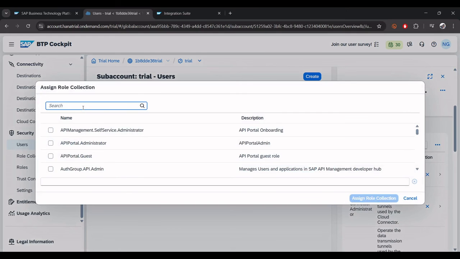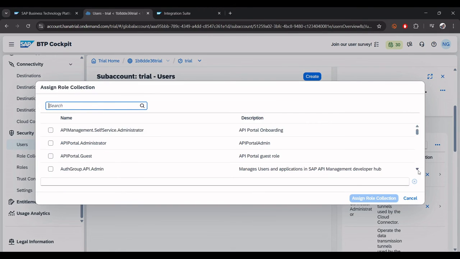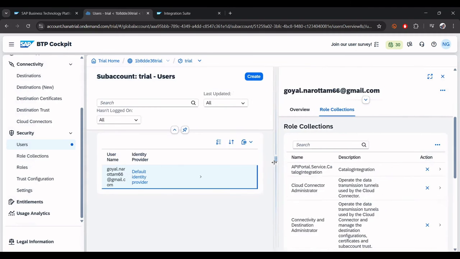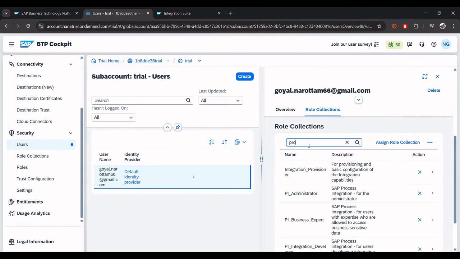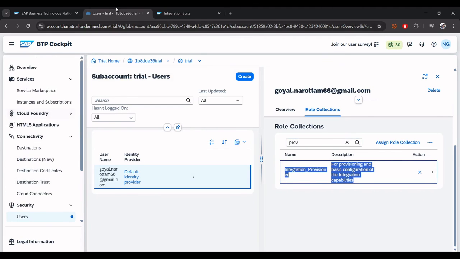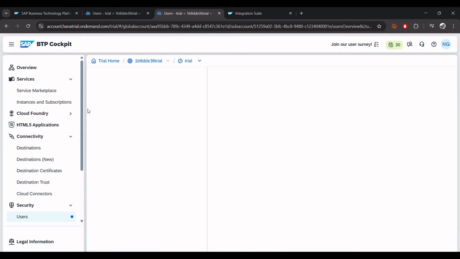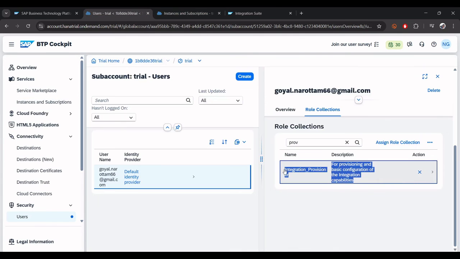Here you will be seeing something called provisioning. I think it's already there, that's why we need not click here. Actually, let me show you here. So this is the role you will be adding, and then you need to create this integration suite. Maybe let me duplicate this one. It's taking time. All right, so once you are able to add this integration underscore provisioning, you should be able